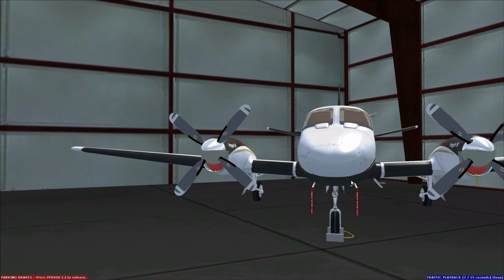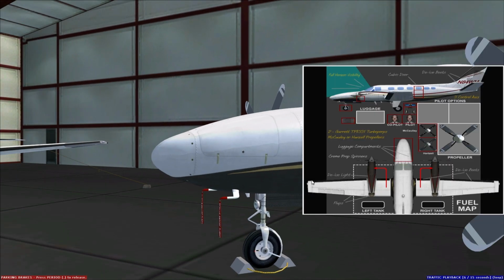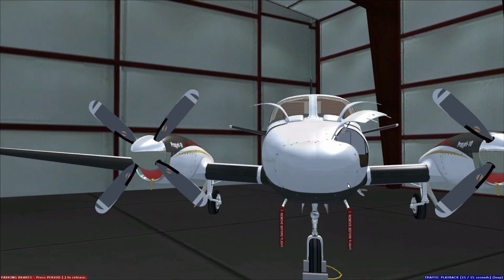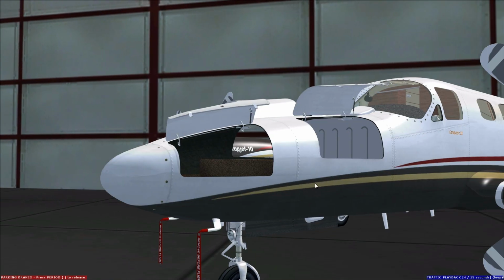So that is pretty much the external animation. I'll show you the baggage compartment up here. We also have access to the luggage compartment. This is one of the huge advantages that owners of 400 series Cessnas have, from the smallest 400 series all the way up to the